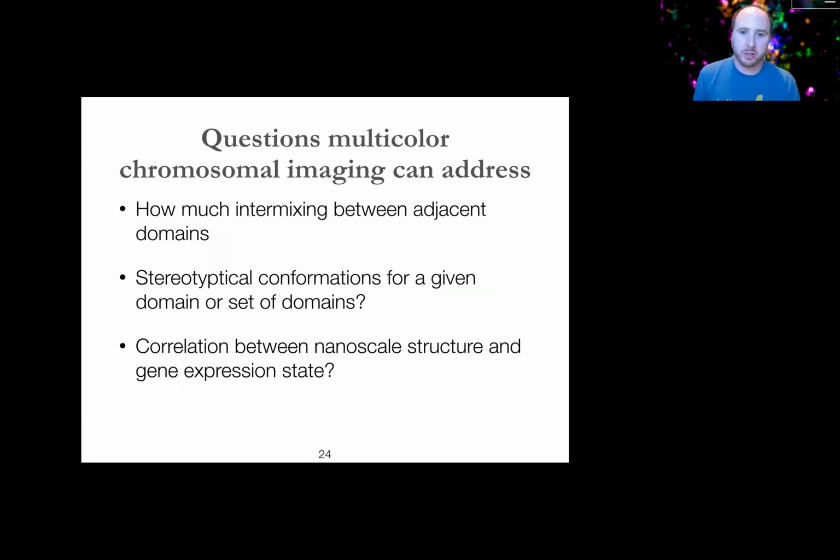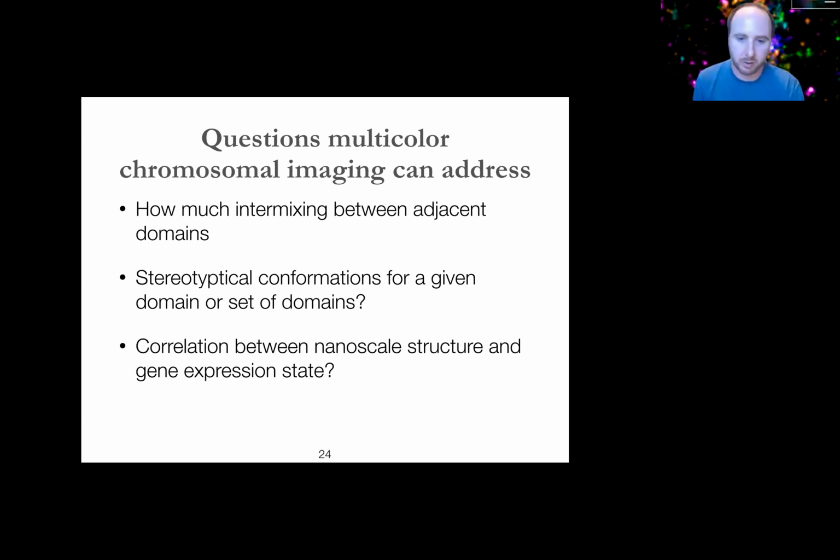And this kind of approach in general, I think, is going to help ask questions along the lines of, for instance, if you define 2 domains, either topologically associated domains or other just intervals of genomic DNA that you think have interesting features based on, say, a sequencing experiment or a Hi-C experiment, you can ask questions about intermixing between those adjacent domains. I think one of the pressing questions that we still don't have a great answer for is whether there's stereotypical conformations for a given set of sequence, like a domain. From my experience, I've described these as snowflakes. So you can image the same region 100 times and they all look different. But there may still be, that said, commonalities in that repeat between different sequences.